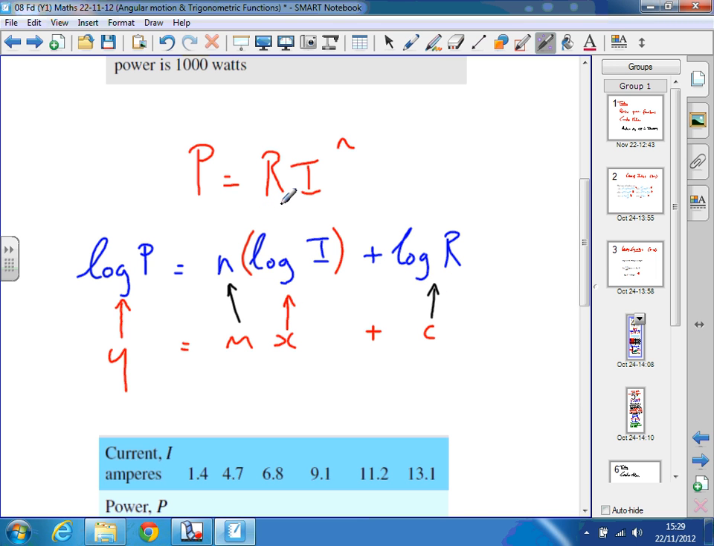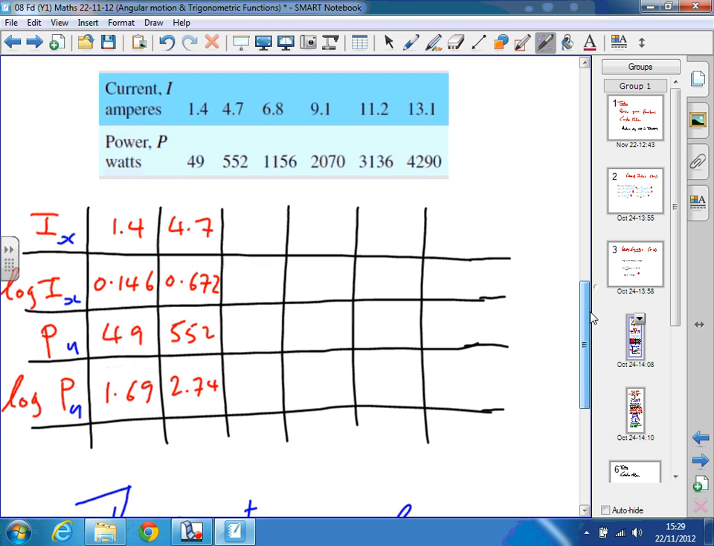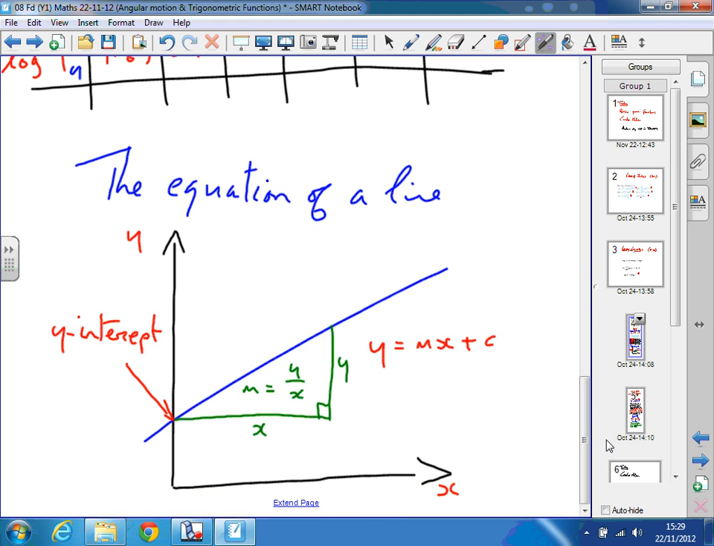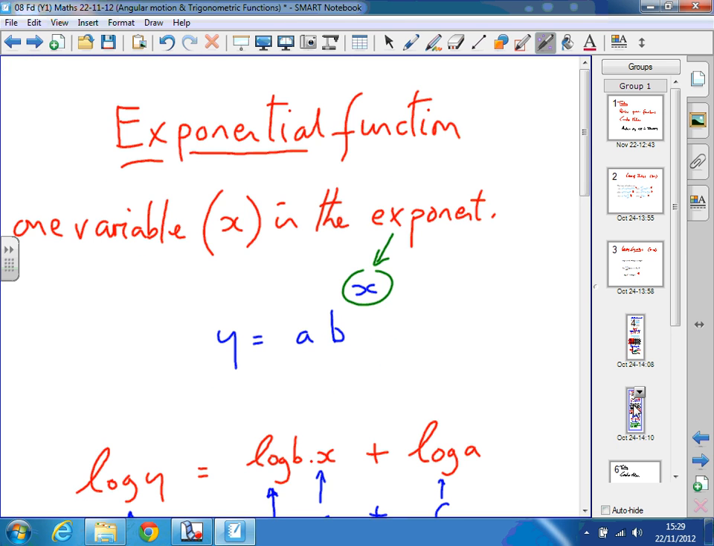So instead of plotting power against current, we plotted log of power against log of current, and we found that we got a straight line, and then we found the gradient and the y-intercept using this equation of the line information. Then we looked at other types. Instead of x being in the base, which it was in the first one,